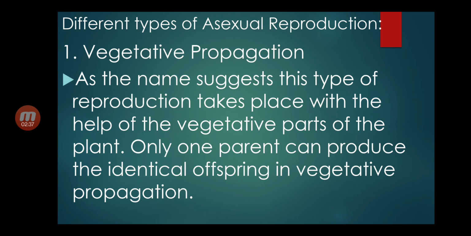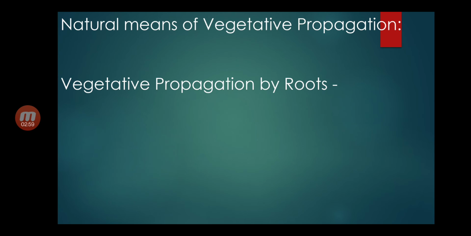Now, different types of asexual reproduction. First, vegetative propagation. As the name suggests, this type of reproduction takes place with the help of the vegetative parts of the plant. Only one parent can produce the identical offspring in vegetative propagation. Natural means of vegetative propagation